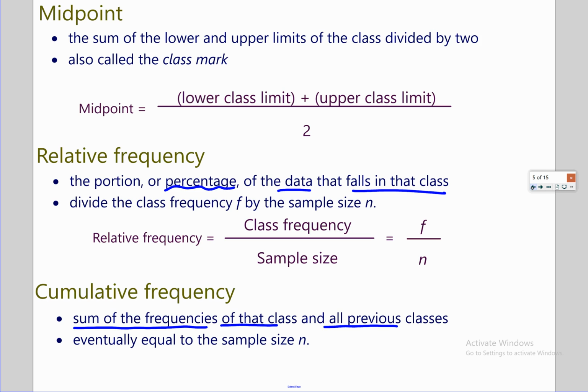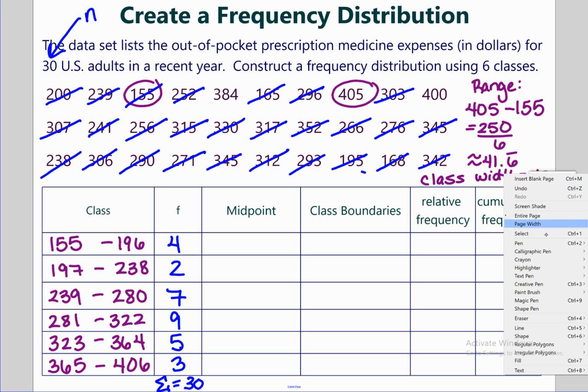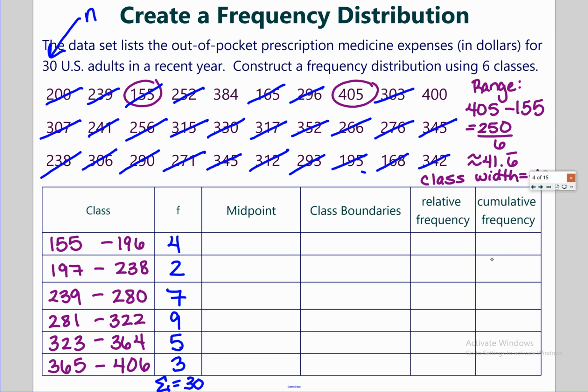Let's go ahead and fill the rest of this out. So for midpoint, all we have to do is take my lower limit and my upper limit, add them up, and divide by 2. We're finding out where the middle of that class is. So you need your calculator for this. 155 plus 196 divided by 2, and you're going to get 175.5